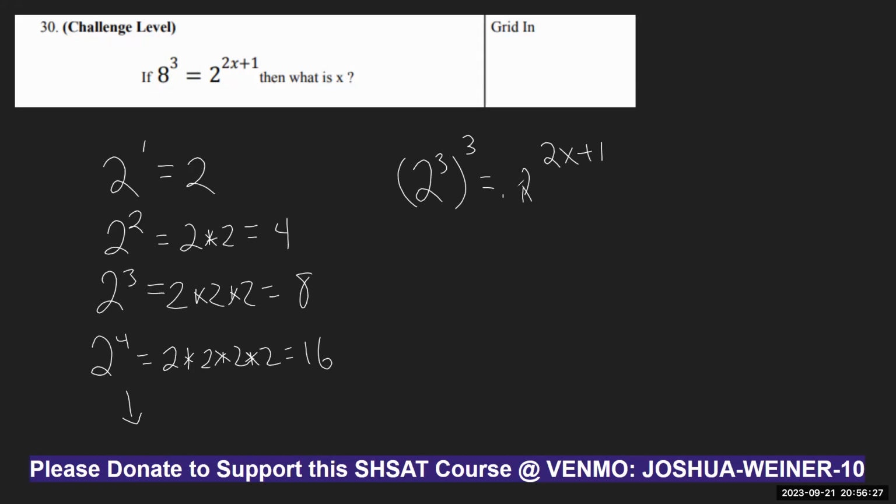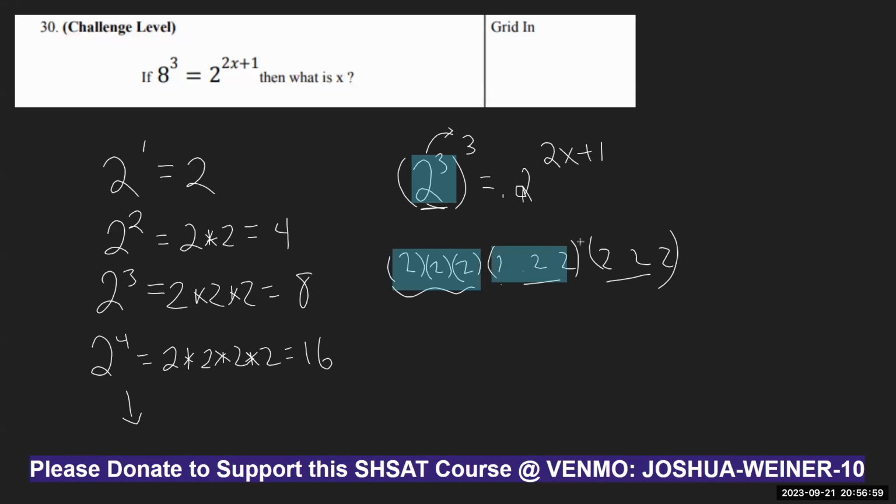Now we have the same... you have to know a little bit about exponents here. If exponents are new, remember this is 2 repeated 3 times. So it's 2 times 2 times 2, but we're repeating that thing inside there 3 times. So we have 2 times 2 times 2 times 2 times 2 times 2. So we literally have that repeated 3 times. I can't stress this enough if you're learning about exponents: this thing is the base, and it's being repeated 3 times.